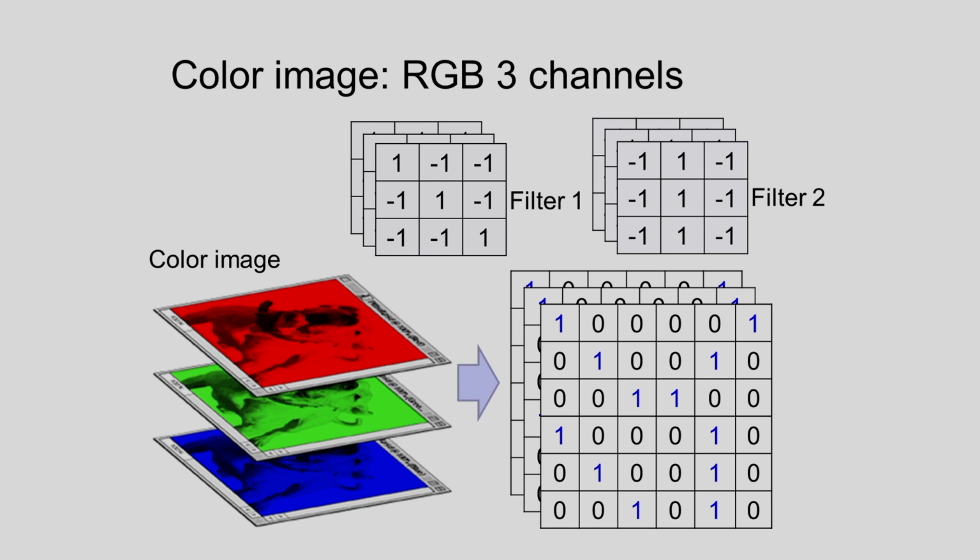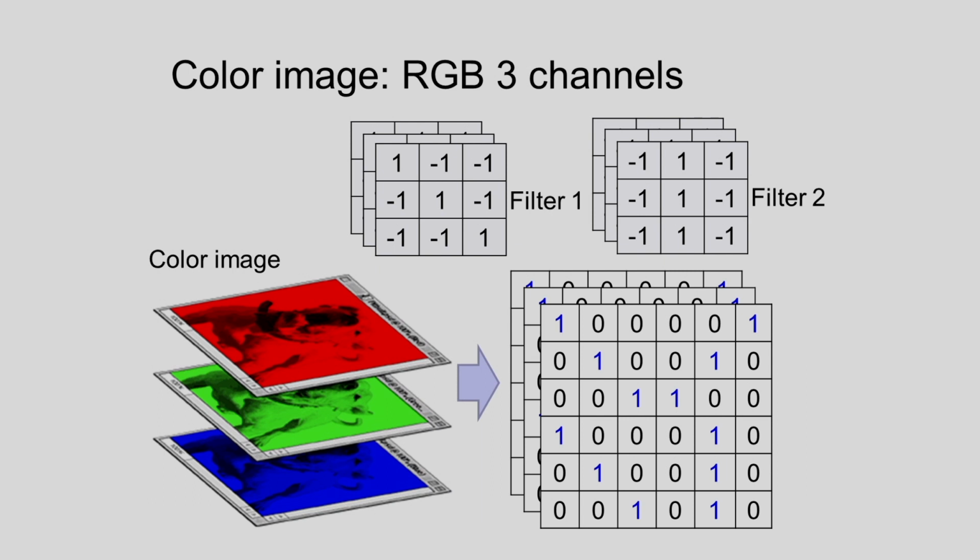If I consider a color image, we have 3 channels: the R channel, the G channel and the blue channel. Corresponding to these 3 channels we can determine the feature maps by considering filter 1, filter 2, filter 3 like this, and we can do the convolution between the image and the filters. For this we have to consider the R channel, G channel and blue channel separately.